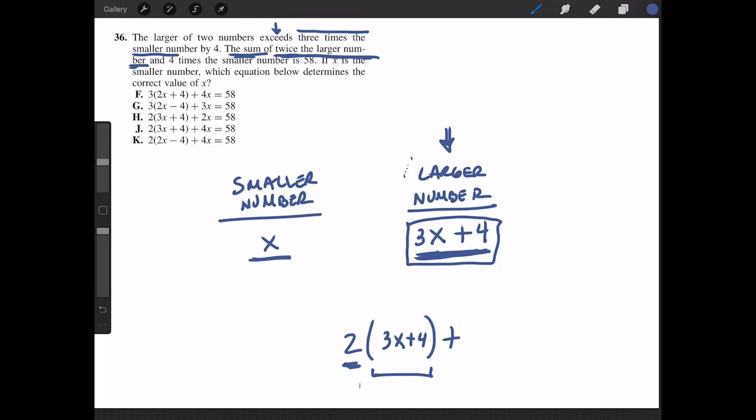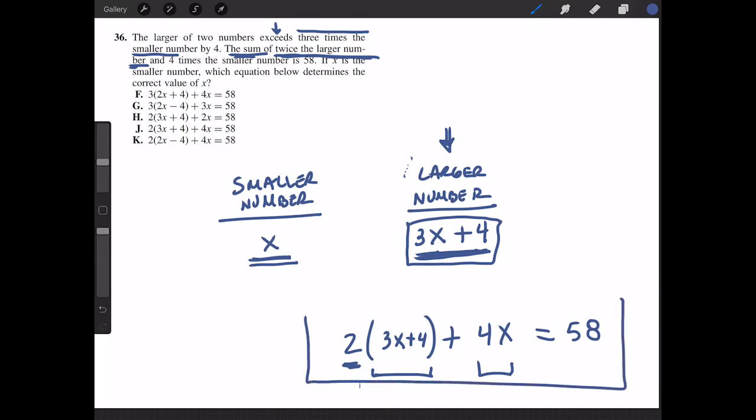and 4 times the smaller number. So the smaller number is x, so that one's easy, plus 4x, 4 times the smaller number, is 58. We have our answer. It could be tricky again because of the wording, and if you just try to break it up in steps and do something like this little table here, it can help guide your work. So when we try to match this, we'll see that J is a perfect match, the correct